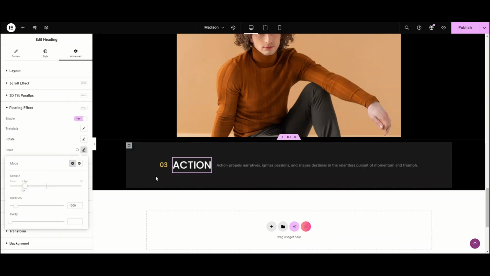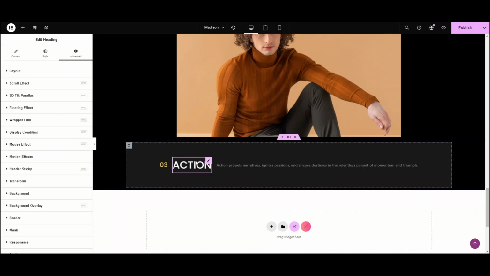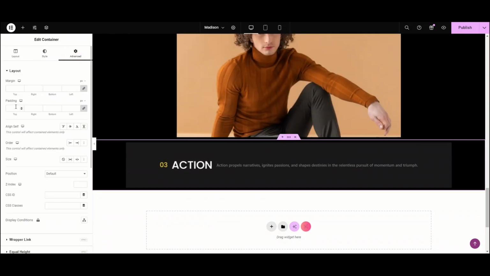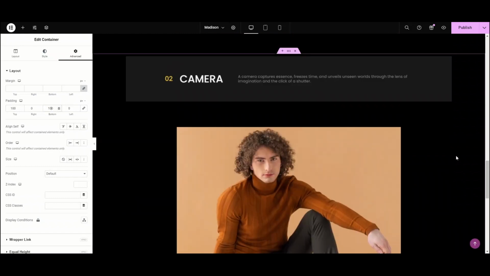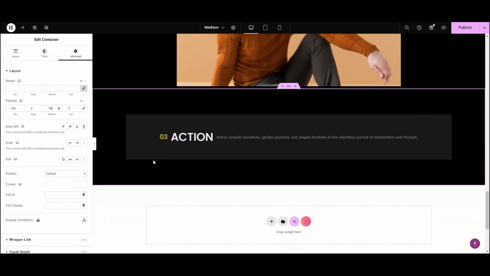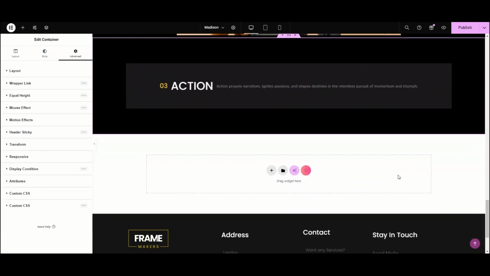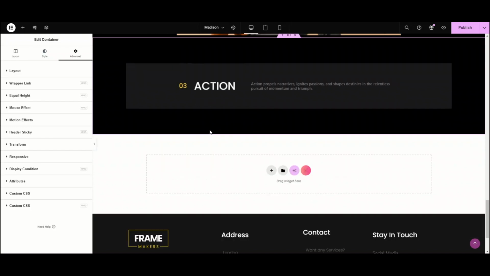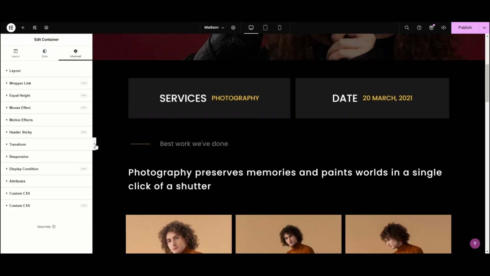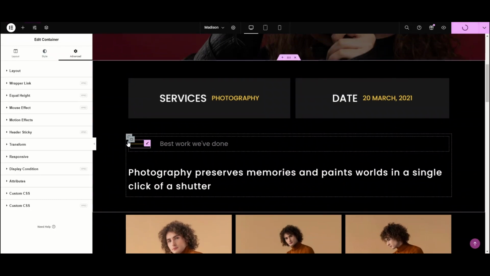Now add some motion and floating effects. Make it look engaging and captivating. Now we will add some margin, or we can say padding, to the upper side and the lower side. Now just drag the widget borders to adjust the sequence. Now close this section and close this tab. And guys, don't forget to click on publish, otherwise all your efforts are going to say bye-bye. So click on publish. Now let's have a final look.